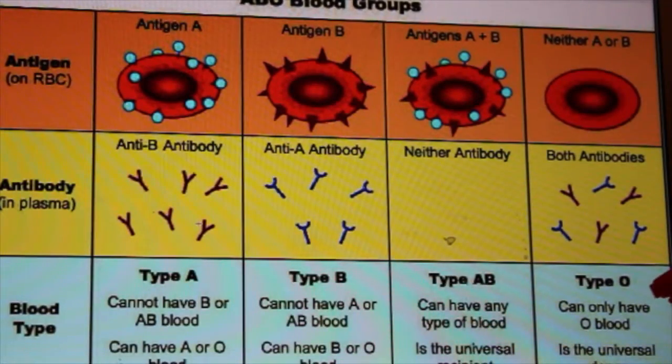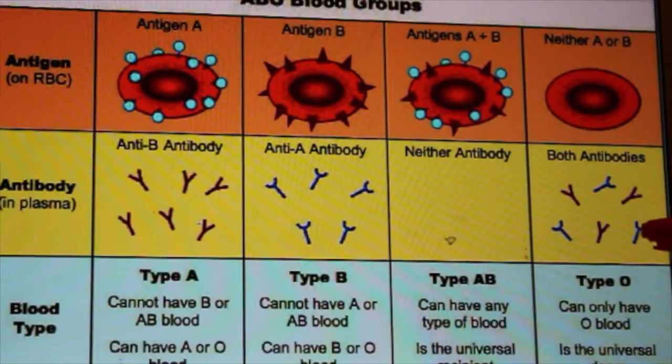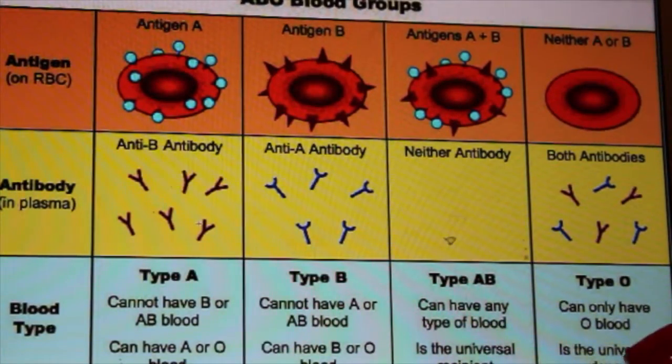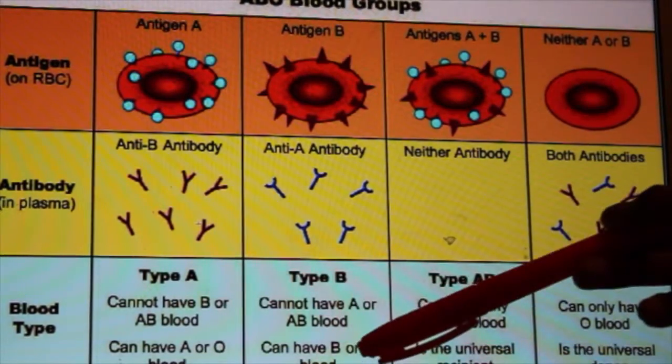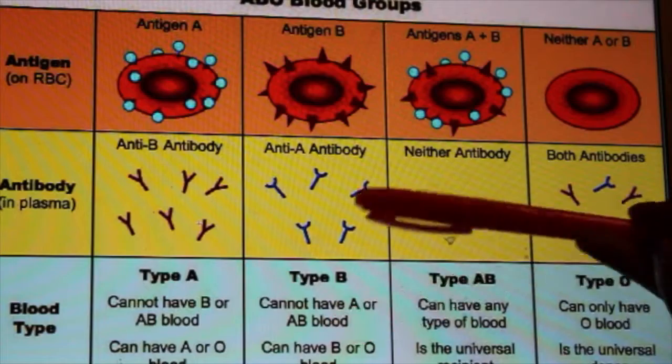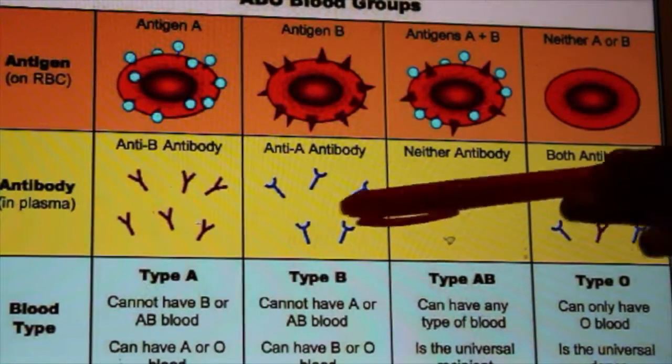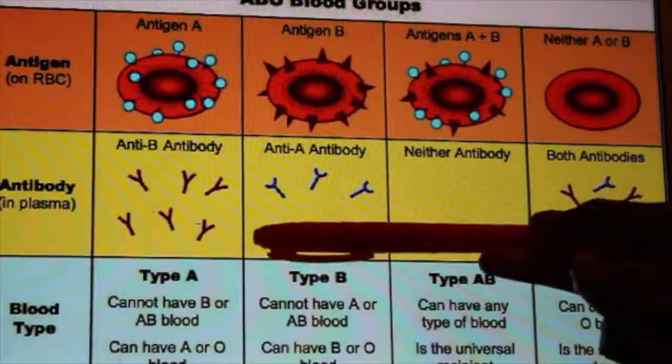In the type O case, you have neither of the antigens on the surface, so you can have both antibodies in the plasma. So this type of blood, you can put it into a type A person or a type B person, and you wouldn't get any problems because it doesn't have any surface antigens, and you won't have the problem of this antibody or that antibody binding to